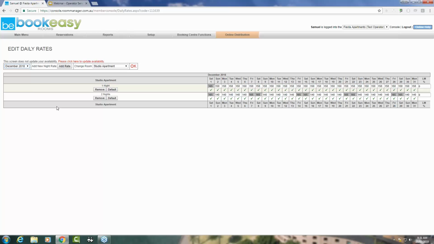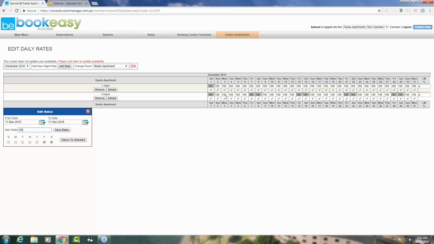So to adjust the rate, we need to go to the rate line and select on any of the numerics there. Because I am going to be doing a 2 night rate only, I will select the 2 night rate first. So we need to put in our date parameters. So we are going to go from the 23rd of December, and I'll use the calendar for the to date just as an example, until the 5th of January